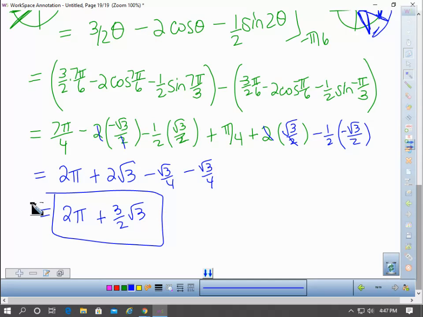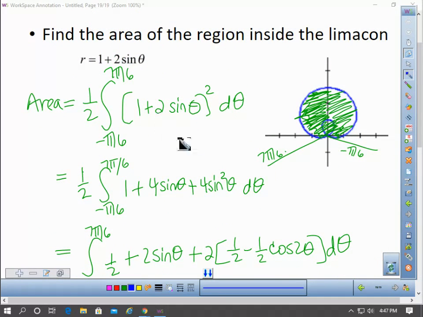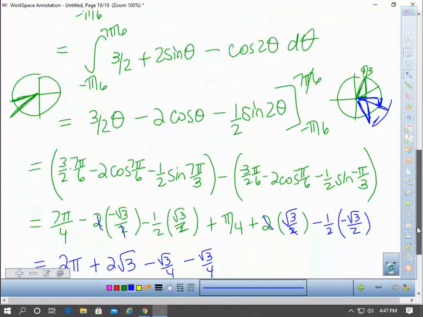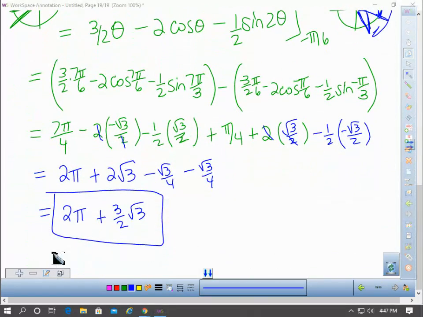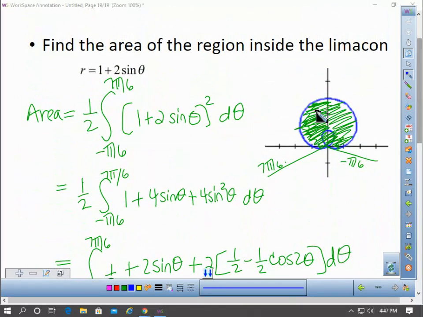Now, you can double check and you can look at the answers and check that, again, Math 9, the original integral, and see if we get the decimal equivalent for the answer that we got down here, 2 pi plus 3/2 radical 3. All right, so the interesting thing about the limacons that you have to remember is that if you